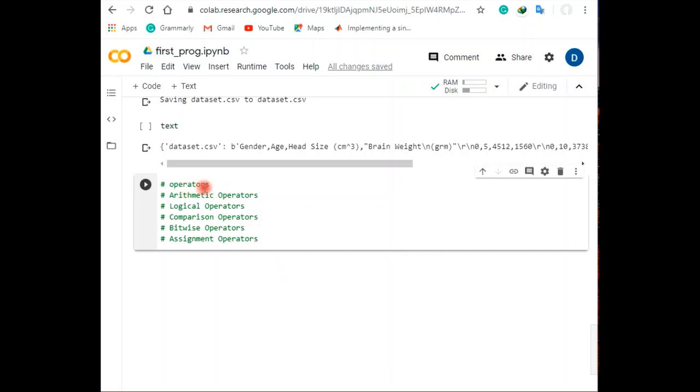So here we have the basic common operators used in Python: arithmetic, logical, comparison, bitwise, and assignment operators. Let's begin one by one.